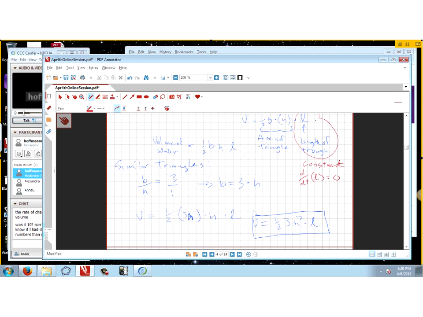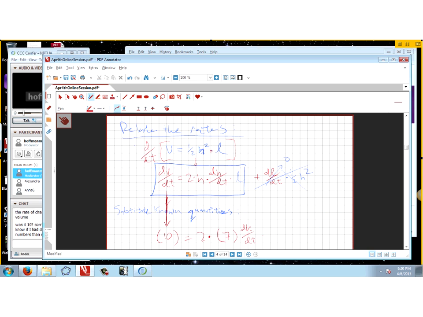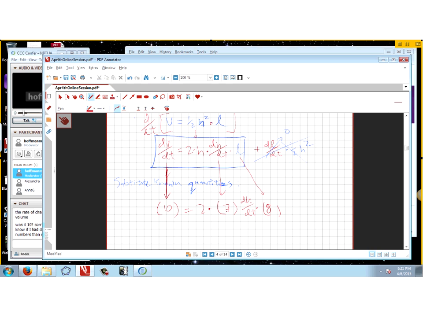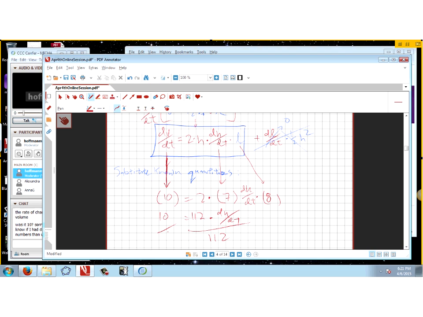So what we're going to do is just plug in those numbers. Here's 7, times dH/dt, and then I have this one times 8. Simplifying this, 7 times 8 is 56, times 2 is 112. So we get 10 is equal to 112 times dH/dt. If we divide both sides by 112, then we get that dH/dt is equal to,